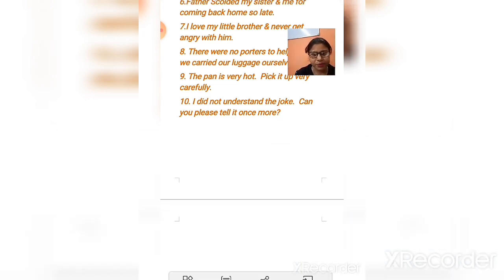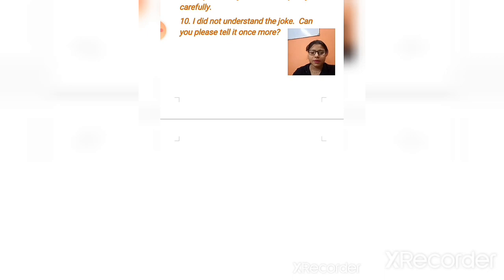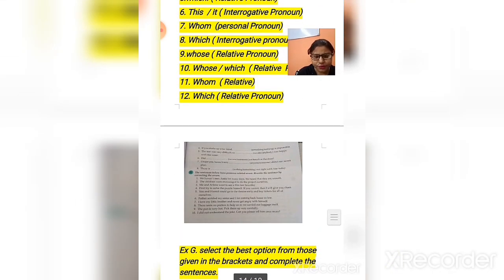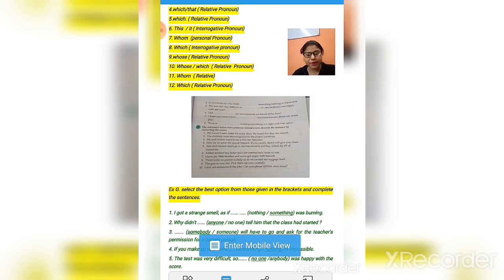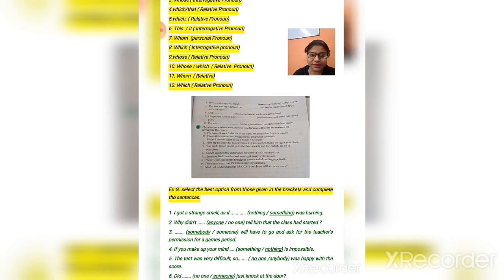So children, here we have completed all the exercises based on this chapter. In the next class, children, we are just going to complete the last exercises that we had taught in the last classes, the last chapters, chapter number 1 to 5, and then after that you will have all the exercises in your book. By that time I want you to try to write all the things in your fair copy and also complete your book. Have a nice day.